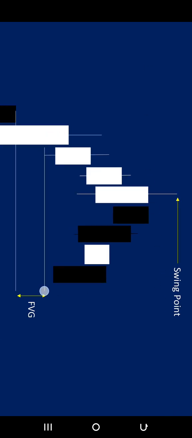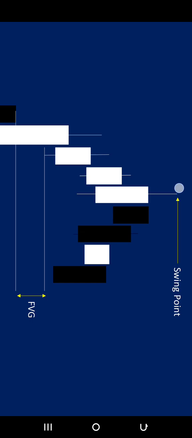So we now have two arrays. The first one is the fair value gap. The second array is your swing point. Now I want to make mention of what a fair value gap does. Now, do you know this fair value gap? What it does is that when price goes up and creates a fair value gap, what does it do?